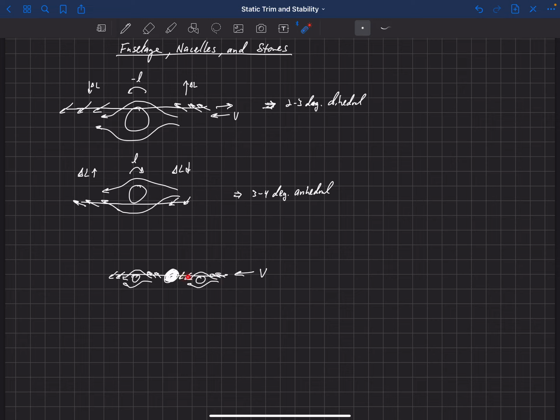And then inside here, we're going to have some component of that that's being kind of counteracted, but those have a smaller moment arm. And so this is going to be dominated by the effects out here at the tip. And so this will actually create an increase in delta L on the right-hand side and a decrease in delta L on the left-hand side. So that creates a negative rolling moment, and so that is stabilizing. So if those nacelles are sitting beneath the wing, part of the way out, that's stabilizing.